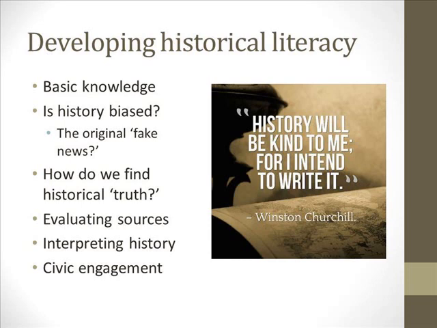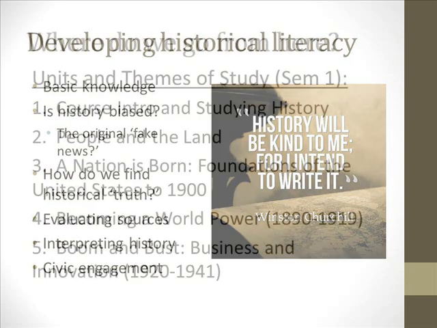And so what I want you to do is be savvy enough to figure out, using some of those higher order thinking skills, what are truths, okay? Part of that is evaluating sources, being able to look at a source and say, this is a valid source for me to use, or this is biased, but I recognize the bias, and so I can work my way through it. Okay? Interpreting history, we've talked a lot about that, and then also civic engagement, being able to use history to become a better citizen as you are approaching adulthood.